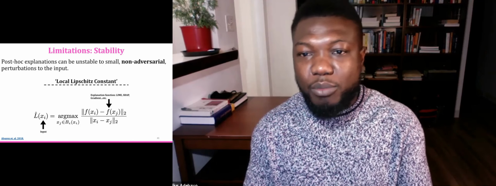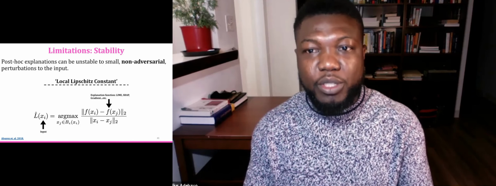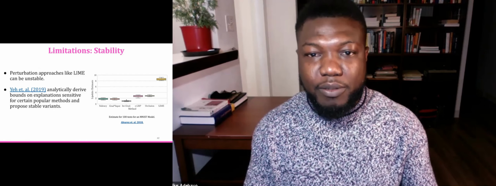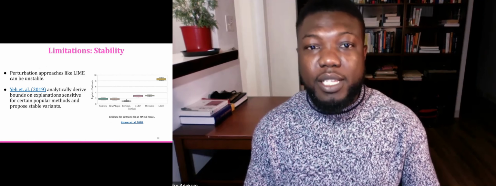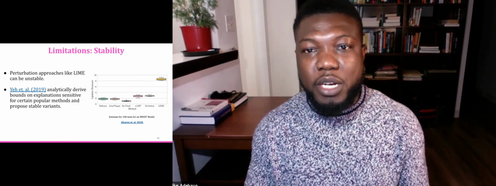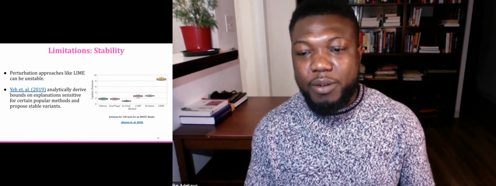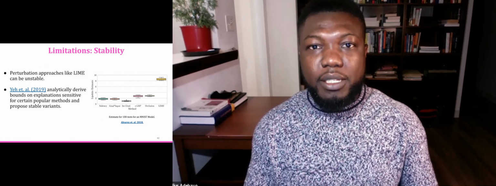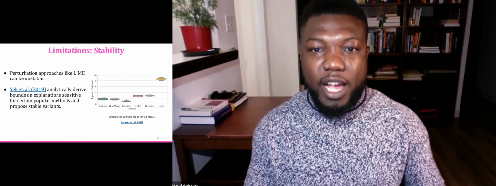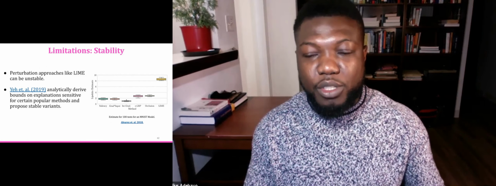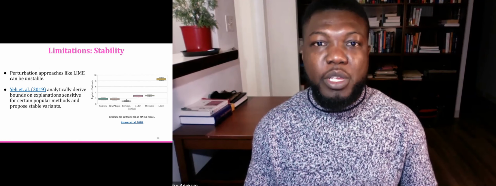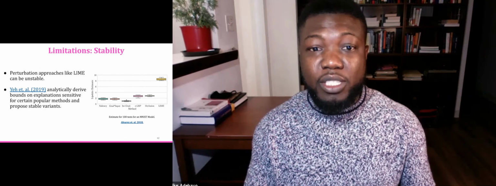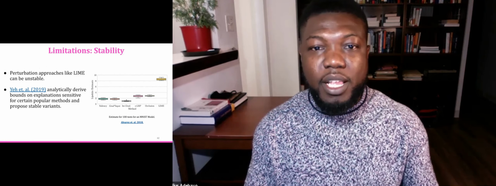You can think of it as an epsilon ball around a particular input. And this captures the idea of a local Lipschitz constant of an explanation function. You can empirically assess the local Lipschitz constant of a variety of different explanation methods, as shown here: saliency, gradient times input, LIME. And Alvarez-Melis et al. found that the LIME explanation method had a higher local Lipschitz constant compared to several of the other methods that were empirically assessed. More recently as well, Ye et al. analytically derived bounds on the sensitivity and the fidelity of a variety of different explanation methods.